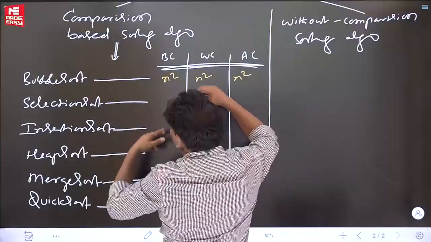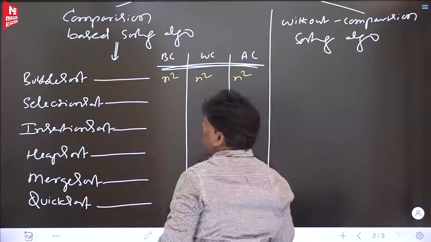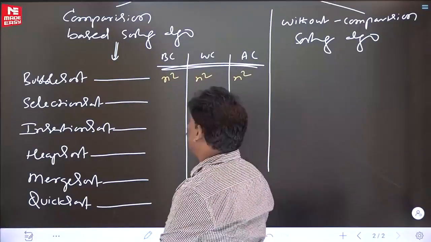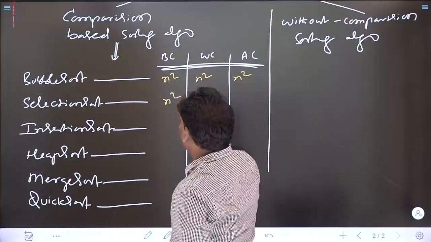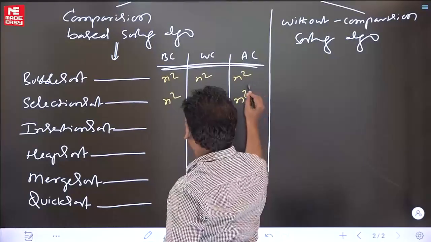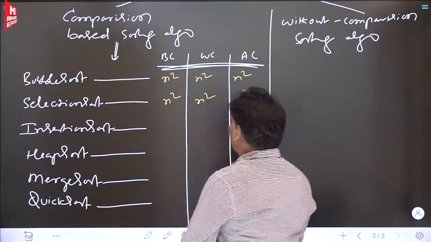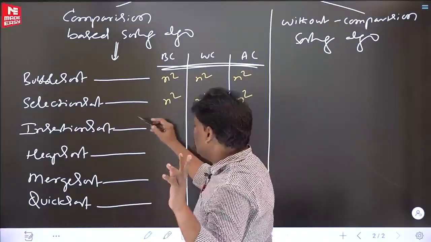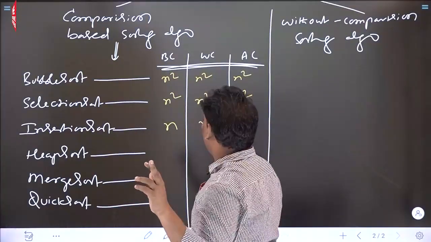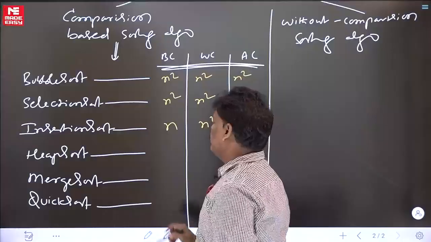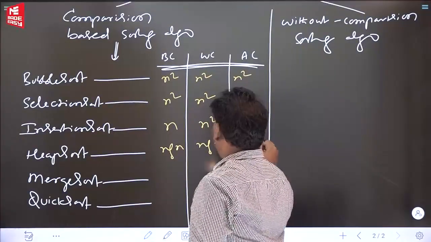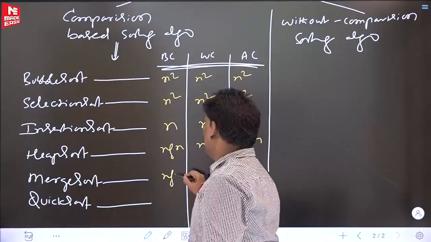In the GATE examination, if any best case came, I already said in your notes, please go through it. Outside, bubble sort is n square only. Selection sort every time n square, but it is better for swaps. That is also there in the notes. Insertion sort, best case n, remaining all n square. Check notes. Heap sort, every case n log n. Next one, merge sort, every case n log n.